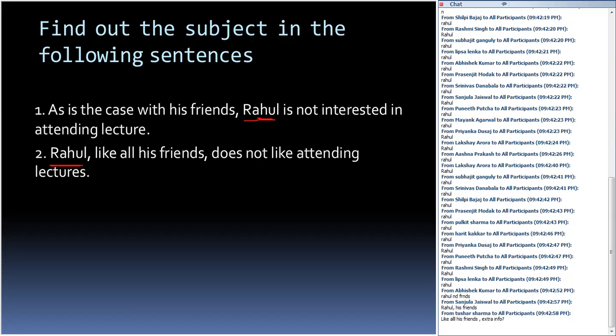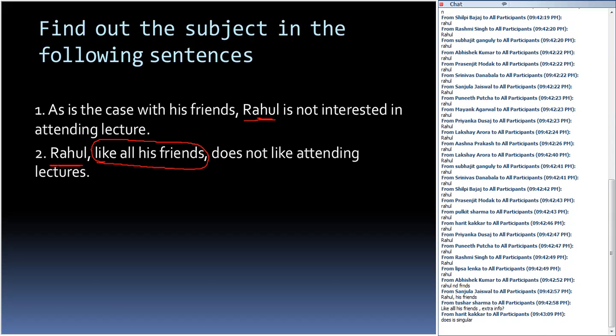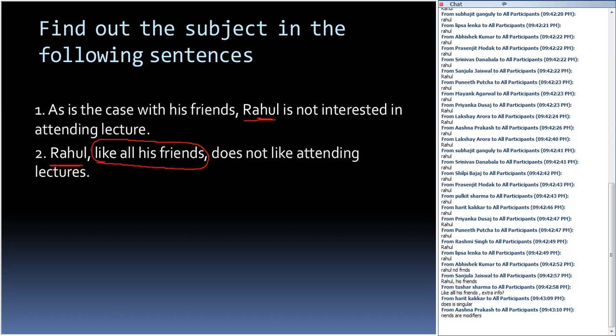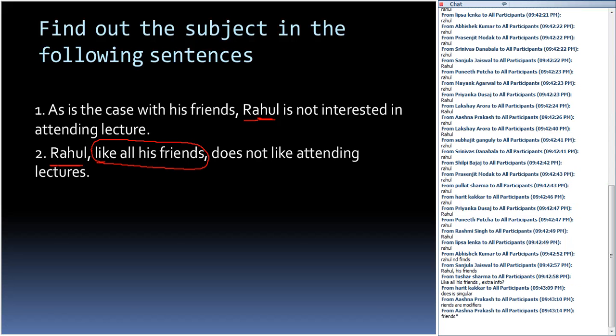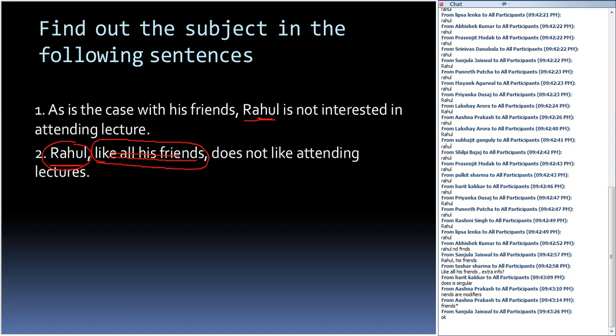Okay, Tushar Sharma, very, very good. Like all his friends is extra information. It's kind of a modifier. So you can actually eliminate this. So subject here is only Rahul in number two. Okay,